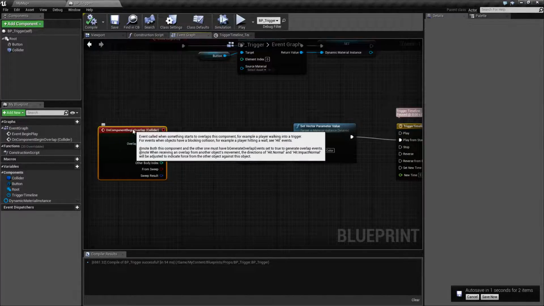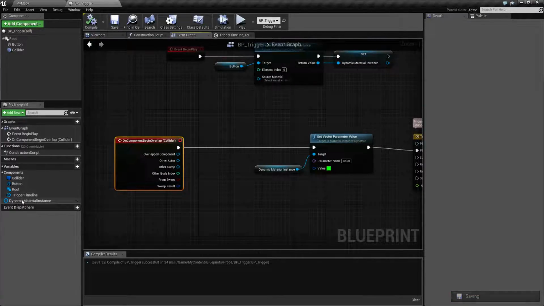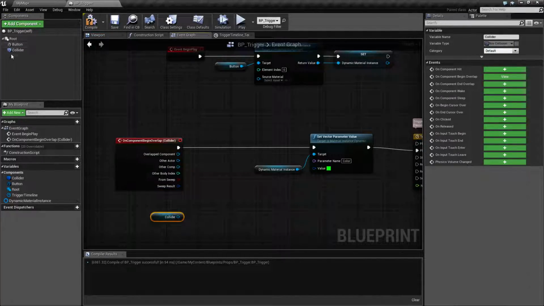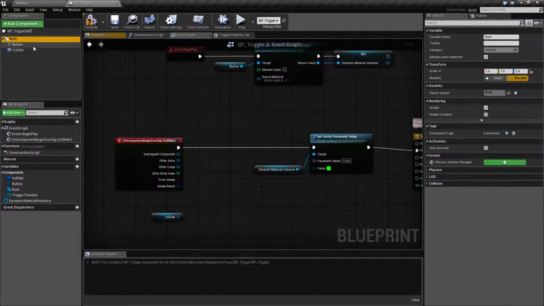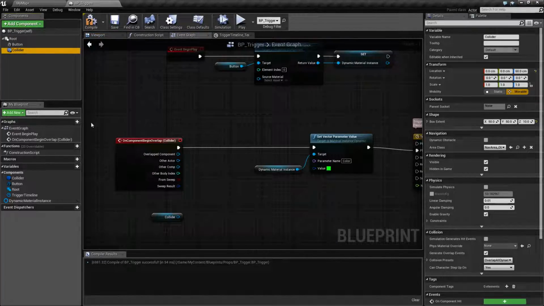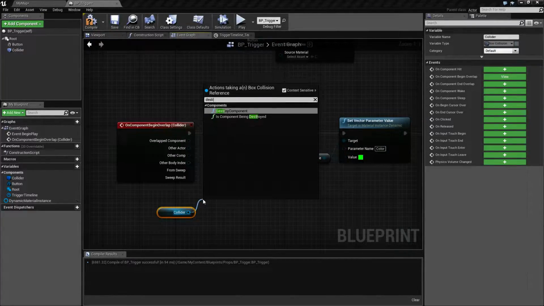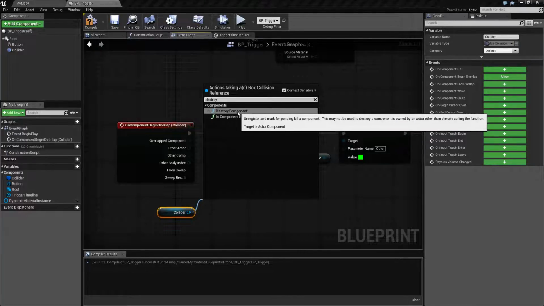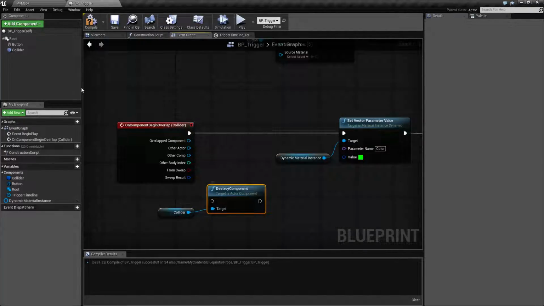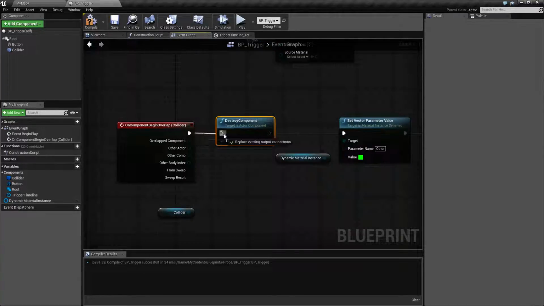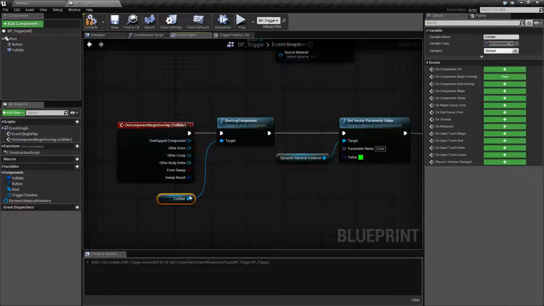I'm going to go here, and I'm going to find my collision, and we're going to drag it out. These are all items that physically exist. We have a root, a button, and a collider. We can drag these out like any other variable and get a reference to them. So now that I know this collider right here, I want to go ahead and destroy it. I'm going to destroy component. This is a component, because as you saw in here, add component and components. Blueprints are comprised of components, and we want to destroy it. And we're going to have it destroy it first thing, so that way we can only ever step on this